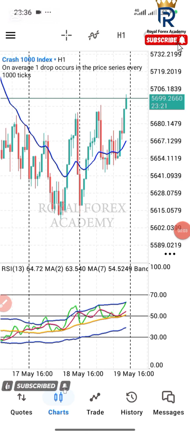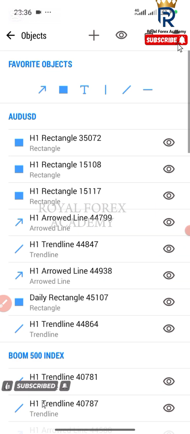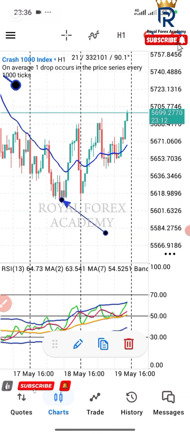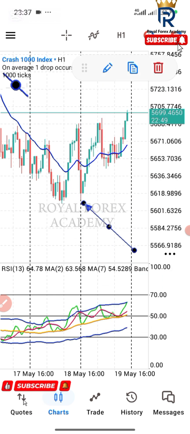So, talking about divergence. Divergence is a disagreement between your price action on your main chart. This is our main chart, and of course, as a trader, you know what price action is all about. These are representations of price action as displayed on your chart via candlestick presentation. So, when we ask what is divergence, we are saying divergence simply means disagreement between the price action on your main chart and that of your